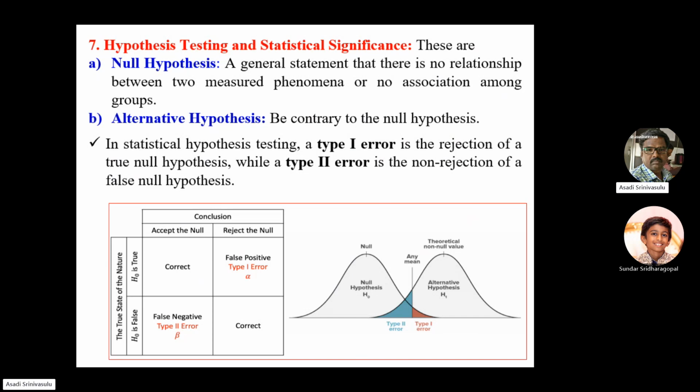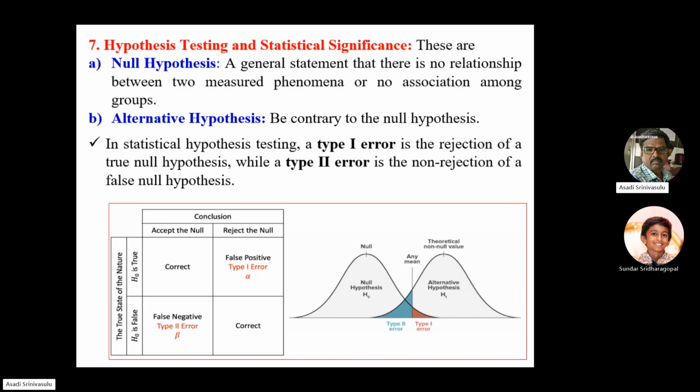In between the values we are segregating. So for the null hypothesis, if you see the square boxes like conclusion, we are accepting the null. In some cases H0 is true, then correct. Reject null cases false positive, type 1 error. Like in the confusion matrix, based on the true positive, true negative, false positive and false negative, we are calculating the accuracy. So the number of samples correctly classified by the total number of samples. That is called